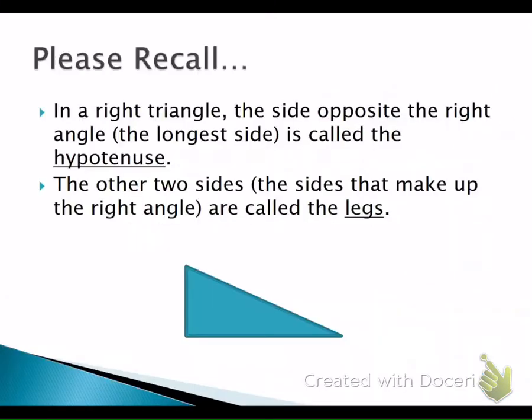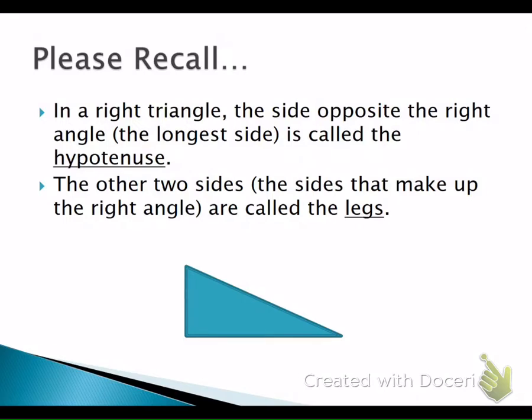Just like all the other ones, this one has a shortcut name too. So instead of writing the words hypotenuse and leg, we'll talk about a shortcut. You don't need to write this down. We already went over this during the warm-up, but just in case you weren't quite with us just yet,